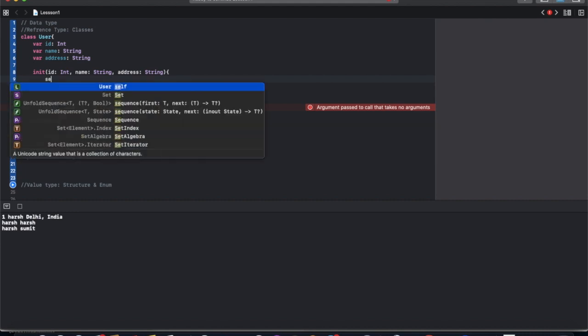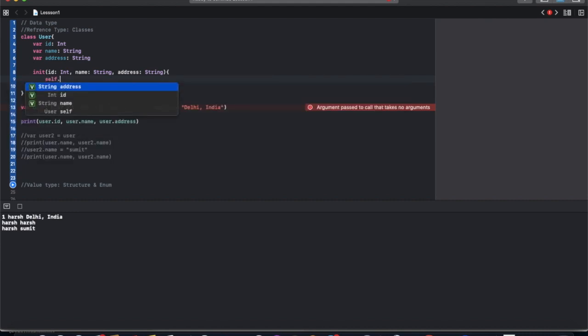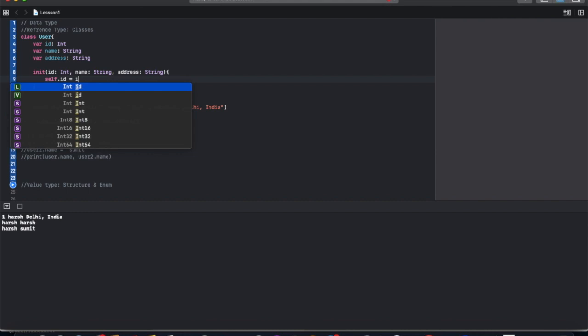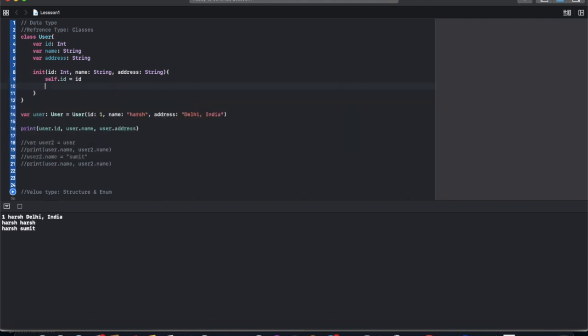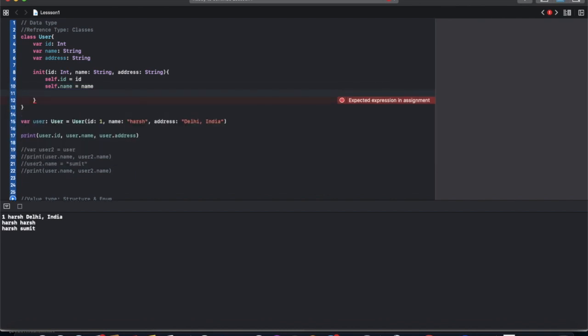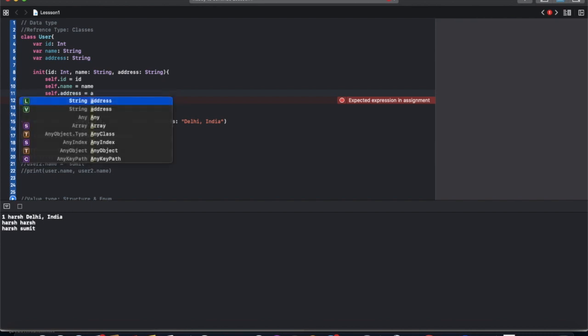Now to assign the values to the same object, we use self.id is equal to id, self.name equal to name, self.address equal to address.